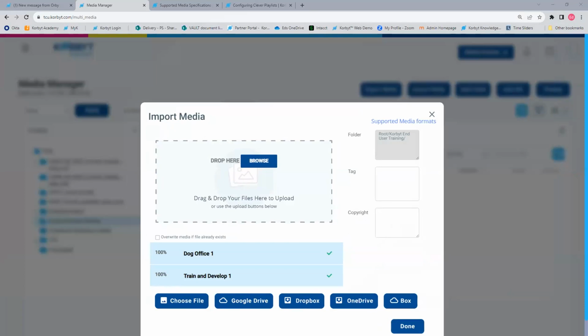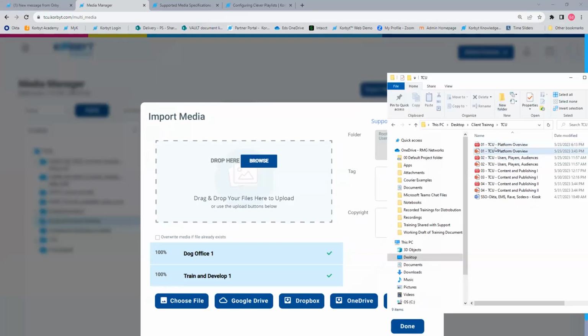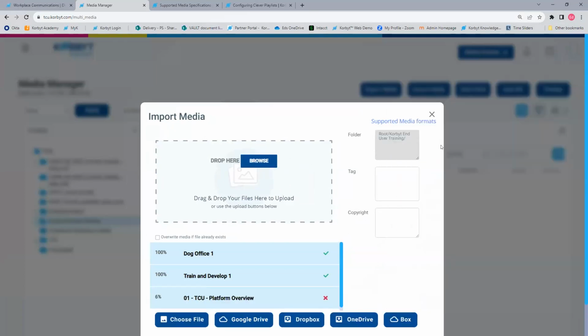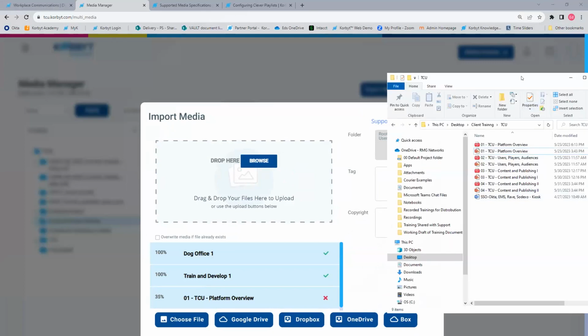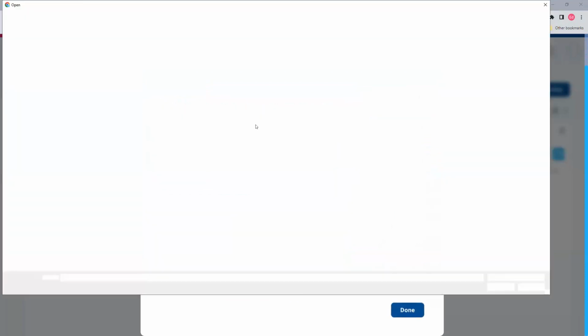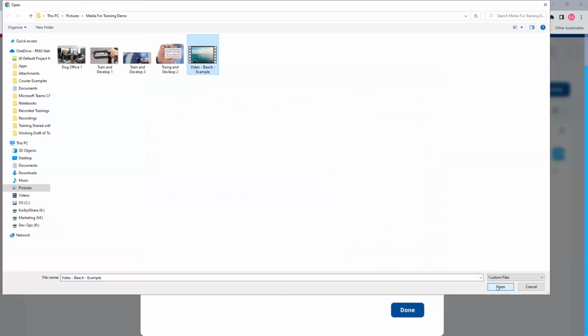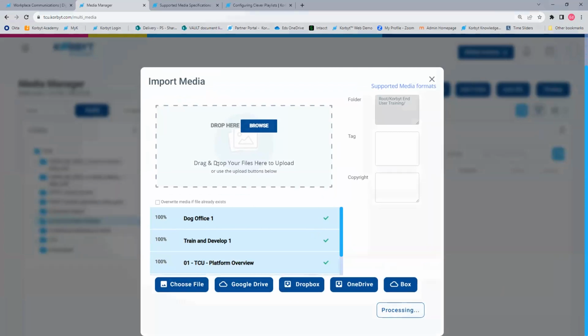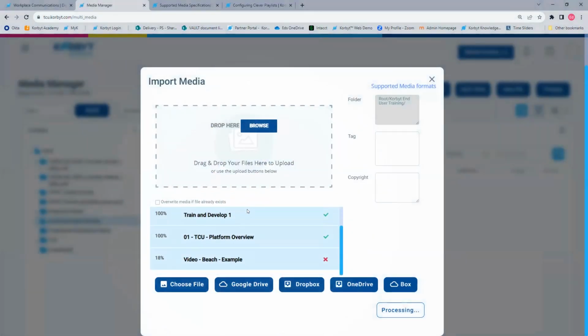I can also drag and drop items. So here's a PowerPoint of training content dropped into the mix. Go back in, grab a video file. So I can import multiple items at once from multiple different spots.